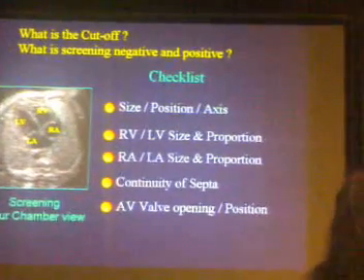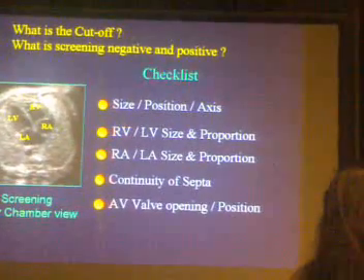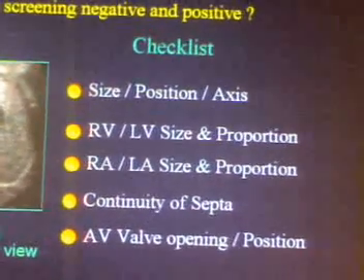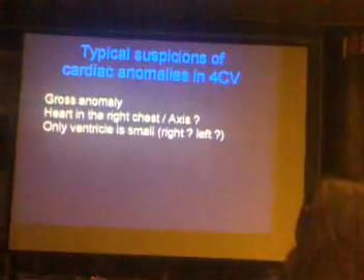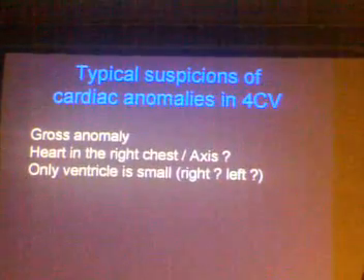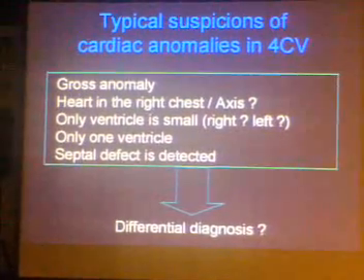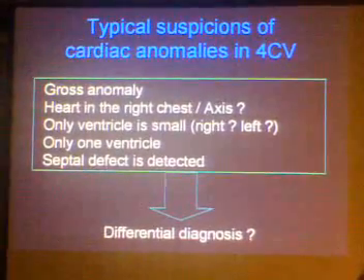Now, the checklist we are generally using when we scan the fetal heart, and these are the so-called cut-off, is the size and the position and the axis of the heart. On one hand, what we heard in the guidelines today, the small and the other one is large, or the other one is of normal size and the one is small. And the question is, what is the differential diagnosis behind it? And this is what I tried to give you some hints and aspect of it.